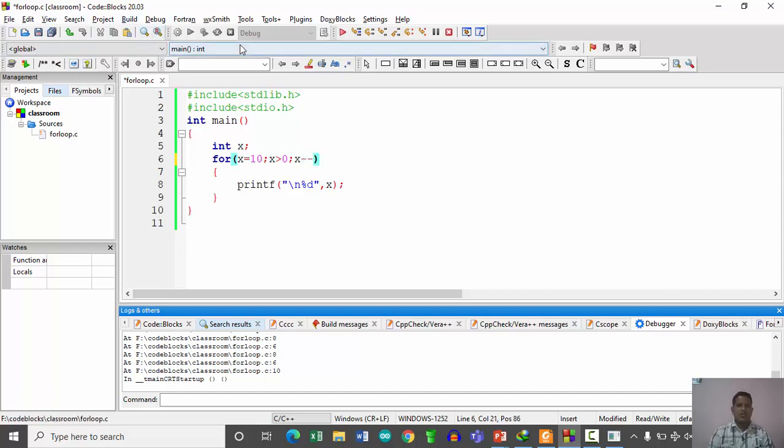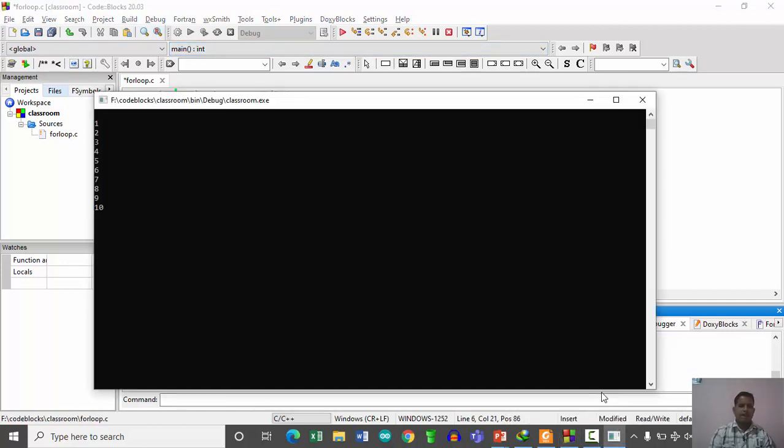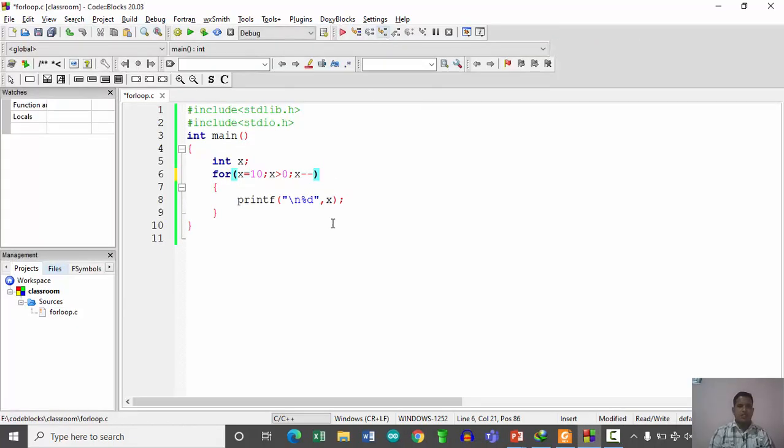So how exactly do things work here? x is assigned 10. As 10 is greater than 0, print the value of variable x, that is 10. Then update the value of x, again recheck it.